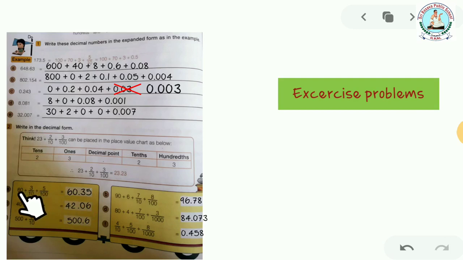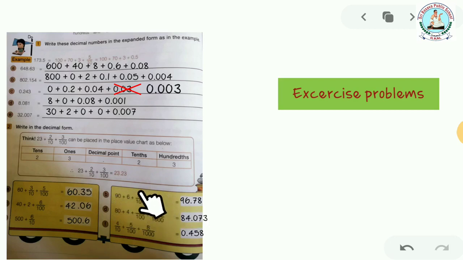Let's move on to the next main, that is write in a decimal number. So it is 60 whole part, and this is the decimal part. So 60 we write as it is, and the 3 divided by 10 can be written as 0.3, means this 3 divided by 10 shows that it is in tens place, so we write 3 here, and 5 divided by hundreds mean 5 is in hundreds place, so that's why it is 60.35. Let's move on to the next question. 90, it is whole part, and it is 6, it is also whole part, so we add both, so 96 will give us whole part afterwards.